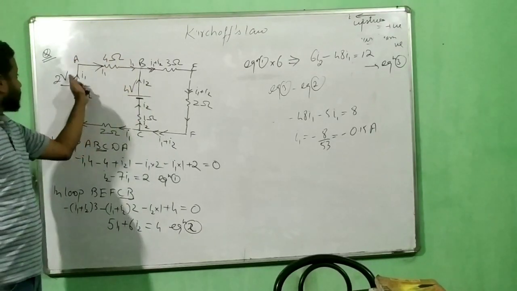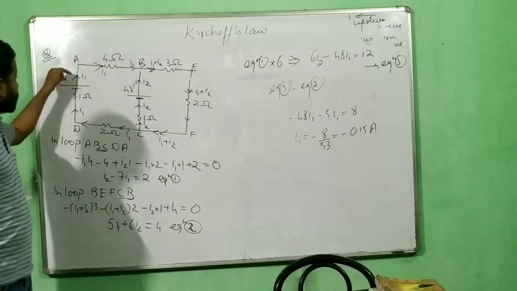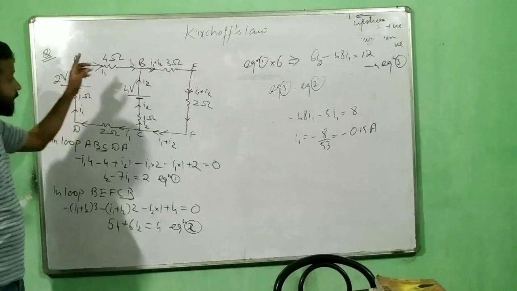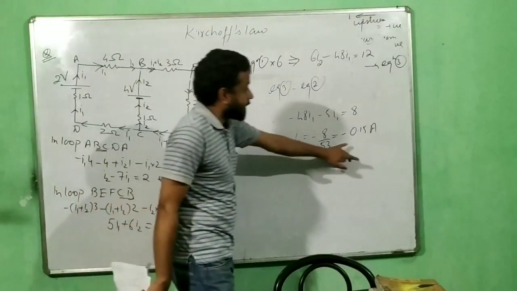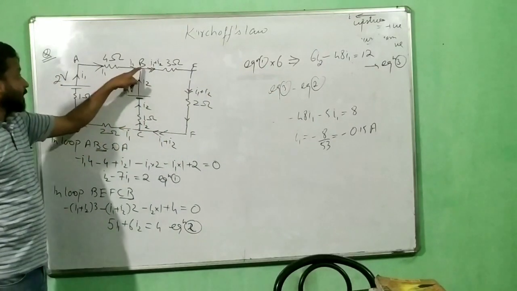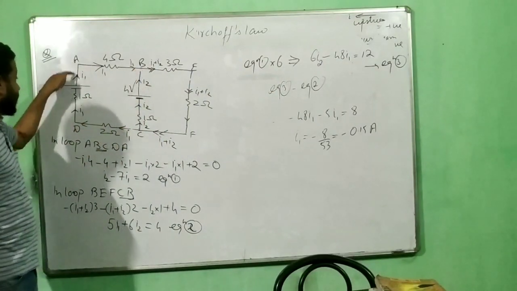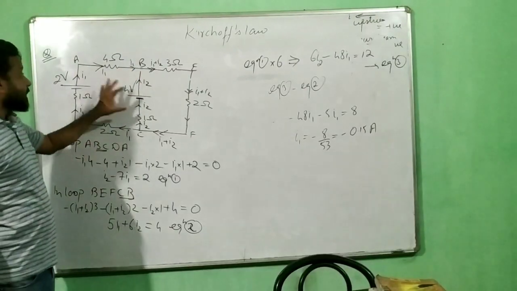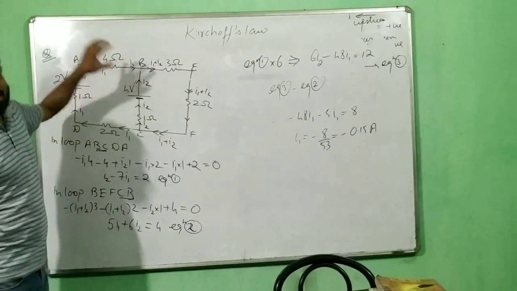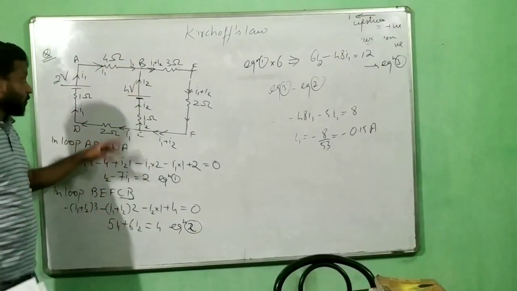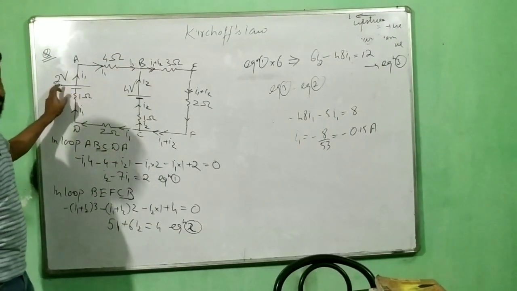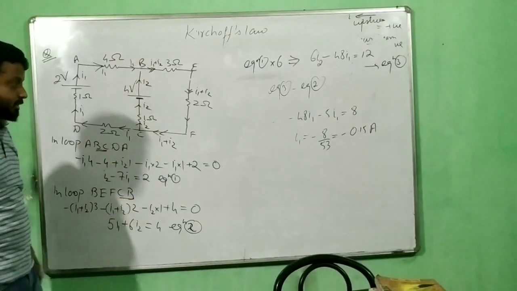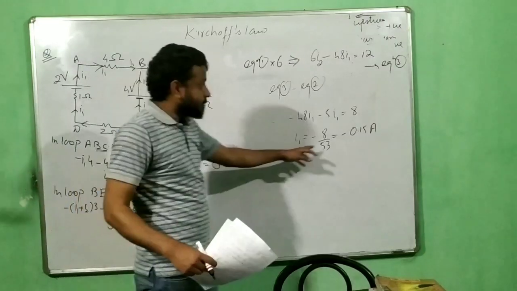So what is supposed to be the direction of I1? I have assumed I1 flowing from A to B, B to C, C to D and B to A. But after calculation, I got that as negative. So basically, it means the current I1 is flowing from B to A to D, D to C and then C to B. That means that 4 volt is dominating the entire circuit. It is the 4 volt which has overcome the potential of 2 volt. So he is dominating the entire circuit, and he is letting the current flow in the entire circuit. So that is the meaning of the minus sign.